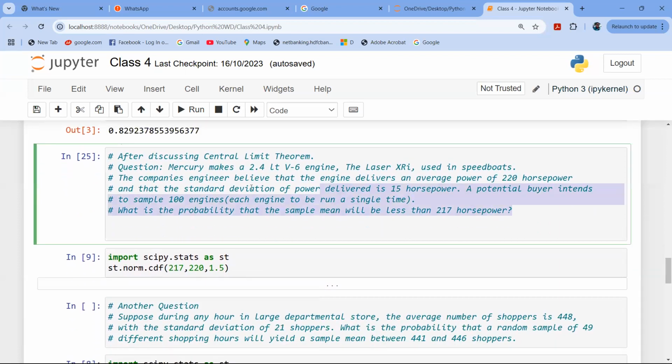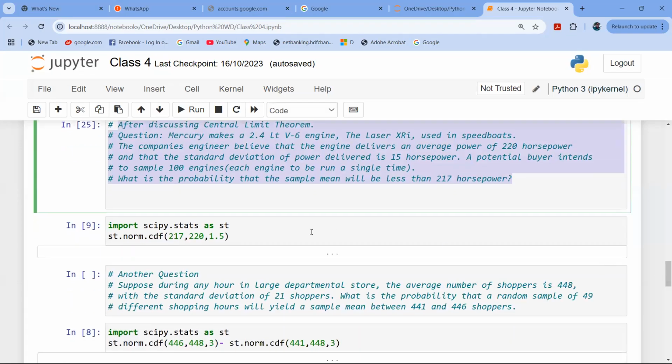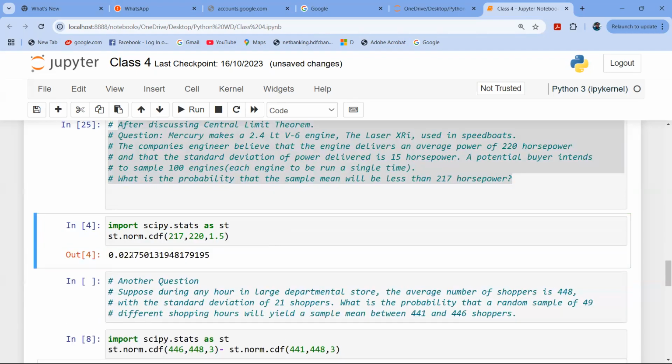This is the same question. You can go through it once again. It's so simple. I have just imported scipy.stats as st, then st.norm.cdf. The same coding we used earlier. Now the x value is 217. We want the probability up to 217. Then we provided the mean and the standard deviation of the sample. Now if I run this, the output is